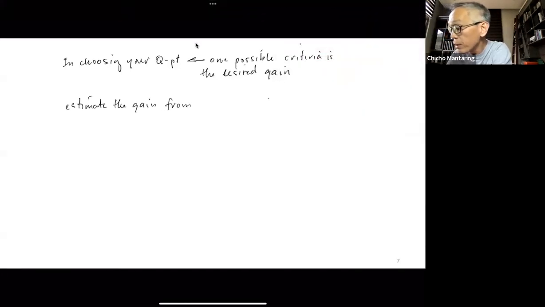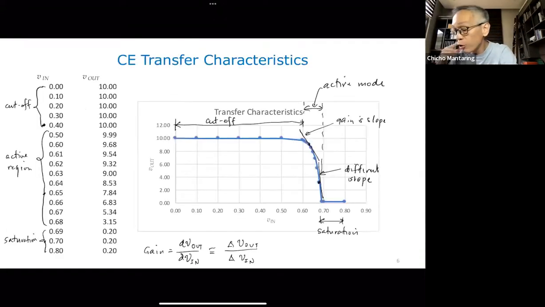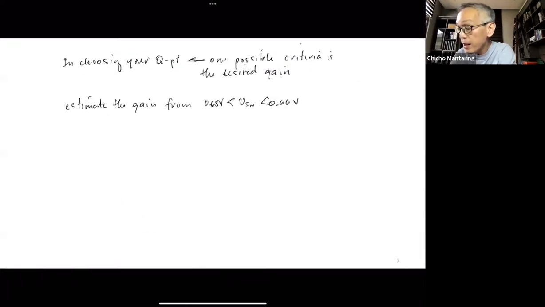Okay, so for V in from, let's say, 0.65 volts to 0.66 volts, let's just estimate the gain. Let's go to my table. At 0.66, the voltage is 6.83. At 0.65, the voltage is 7.84. So my gain, this is evaluated at V in equal to 0.65, is equal to